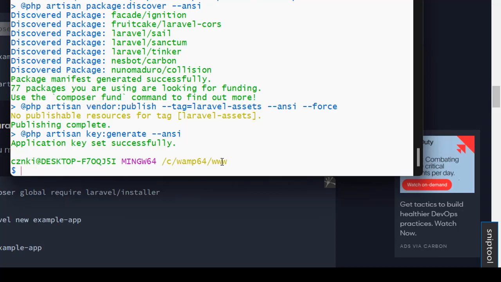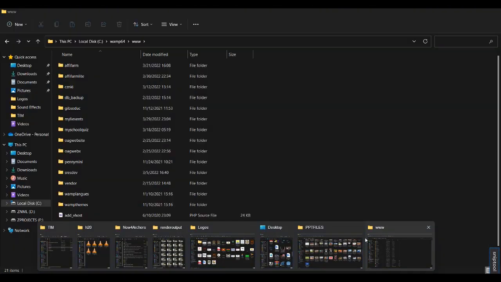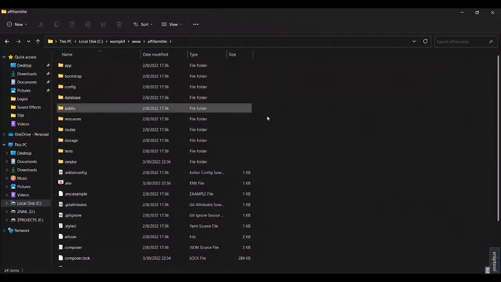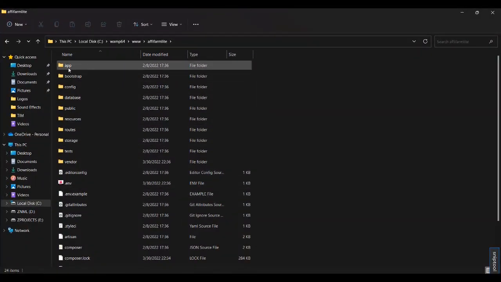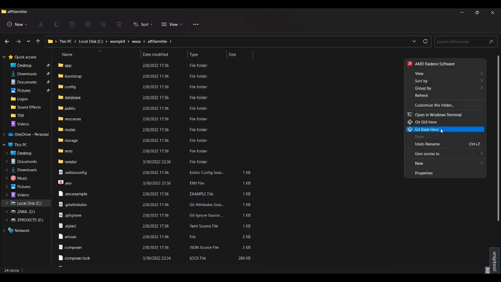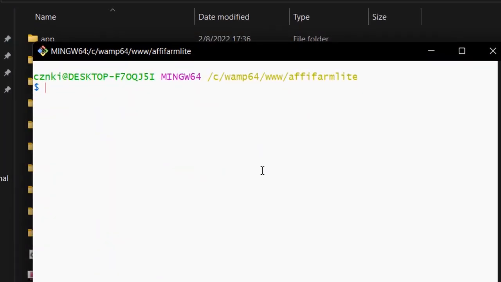So let's go ahead and close up this. Then go back to our www folder. Okay, so here it is, Farm Light. Okay, so we're going to go ahead and set up the environment. So I'll right click again, then choose the bash, then type code. However,